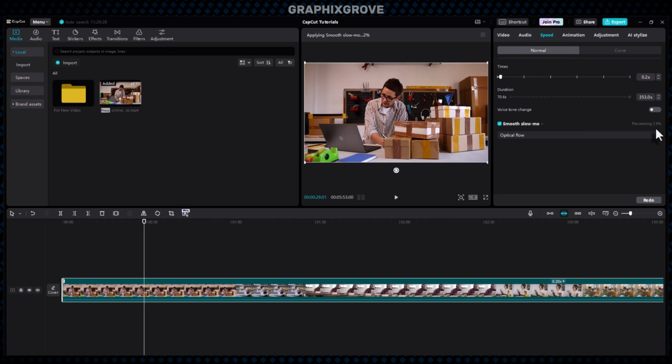As soon as the rendering finishes, press the spacebar to play back your timeline. You will immediately notice that the stuttering is gone and your slow motion looks incredibly clean and professional. That is how you master optical flow